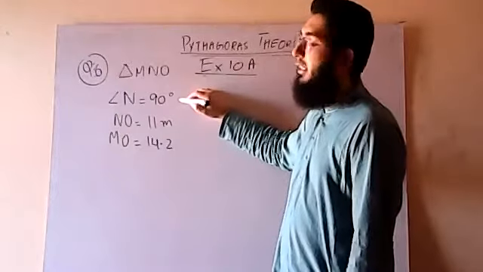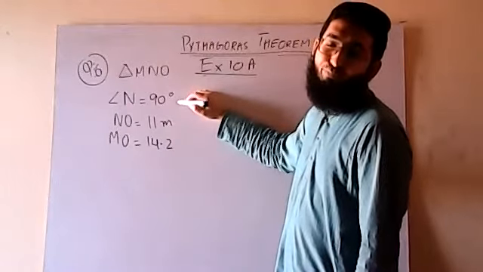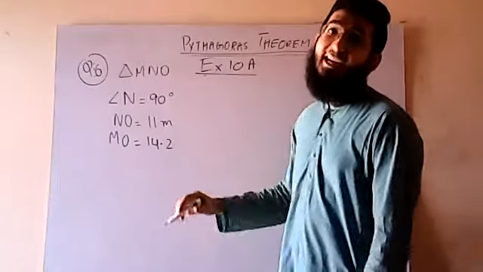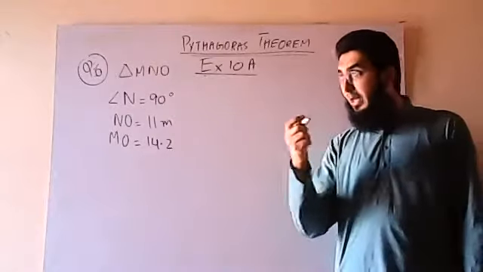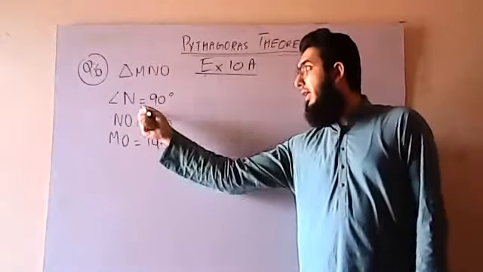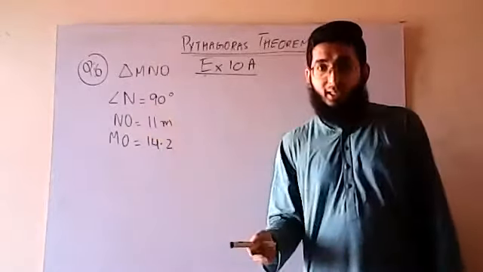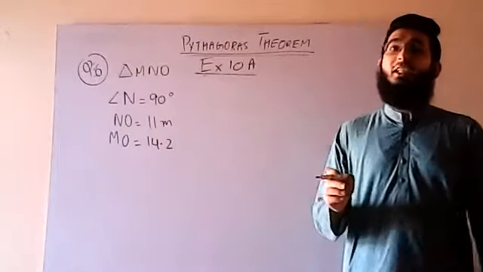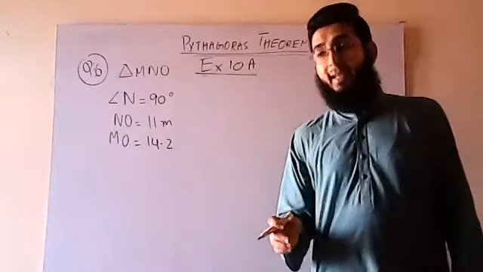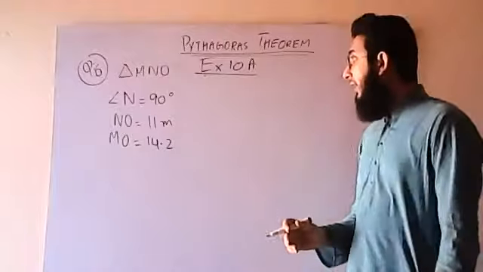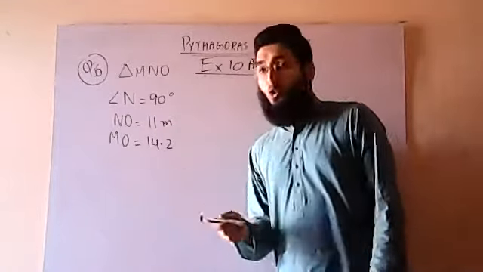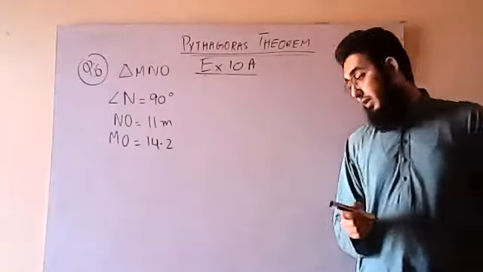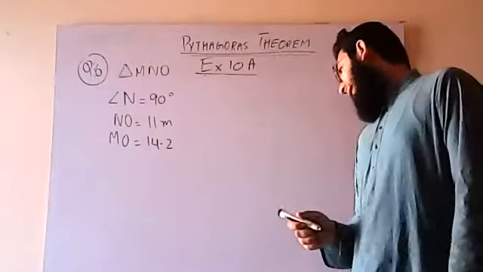The second thing is that it is right angled at N. Right angled at N means that 90 degree N पर lie कर रहा होगा. Will the angle N be equal to 90 degrees? Yes, because he's telling me that it is right angled at N. Right angled at N means that this is equivalent to 90 degrees. After that, a right angle is 90 degrees.